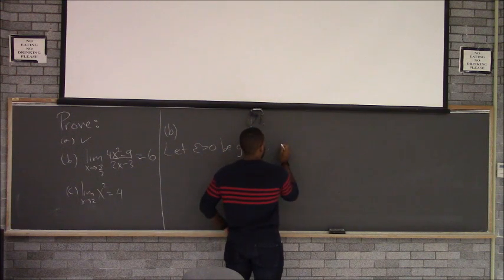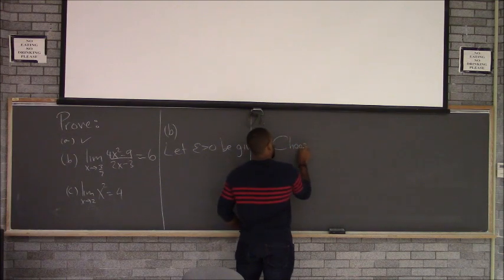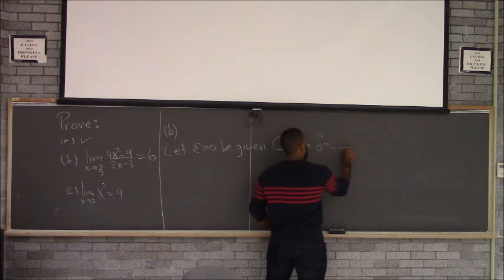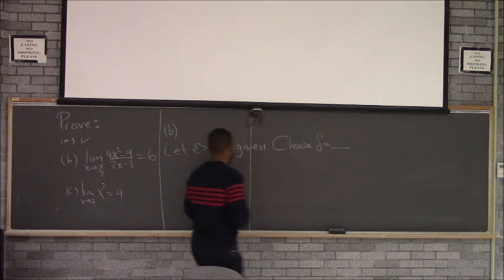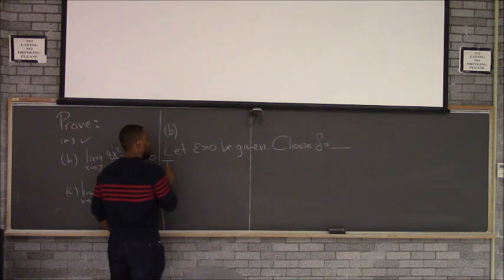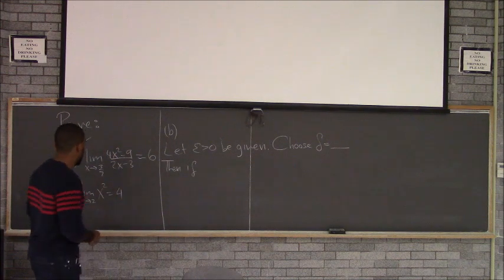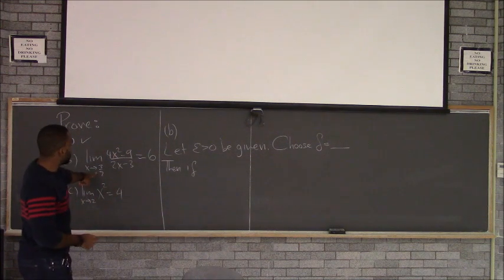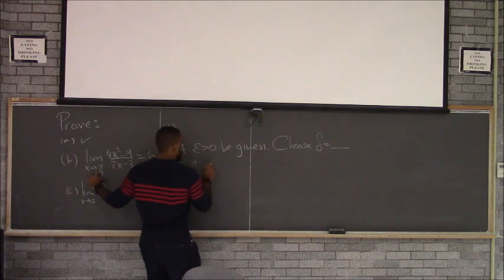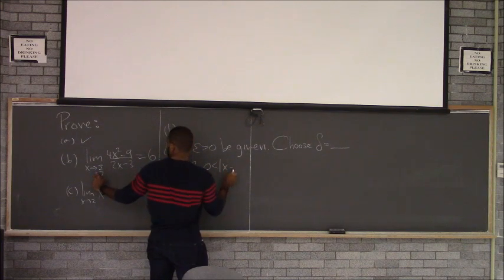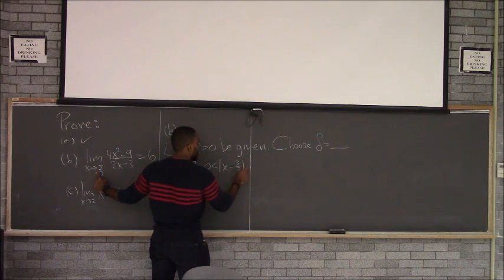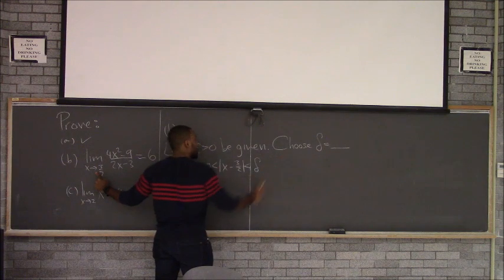Suppose delta is equal to. Well, choose is a better word. Choose delta equal to, now we're going to figure that out. Then, if we want to show that x is approaching a, if our x is close to 3 over 2, within that distance delta that I just told you,